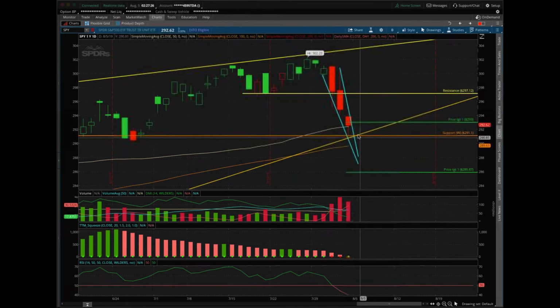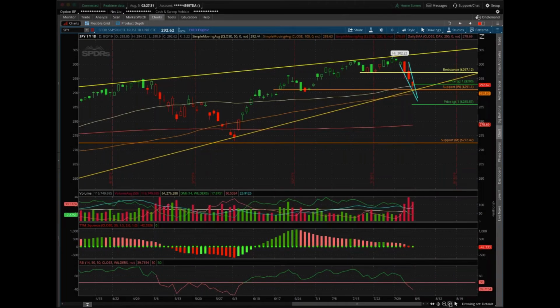But if it doesn't, and we do close beneath this, then chances are that we're going to be building this head and shoulders, and we're going to be headed to this 272.50 area in the next month or so, possibly by this month. And then we'll get a bounce up maybe in September or end of August, possibly, right? Or we'll see what the news brings, right? All right, so SPY, QQQ, NQ,